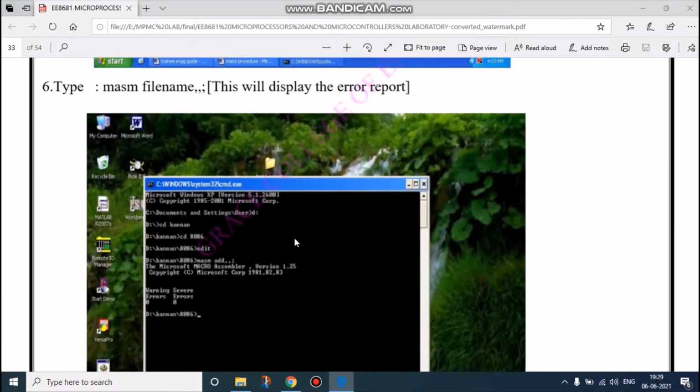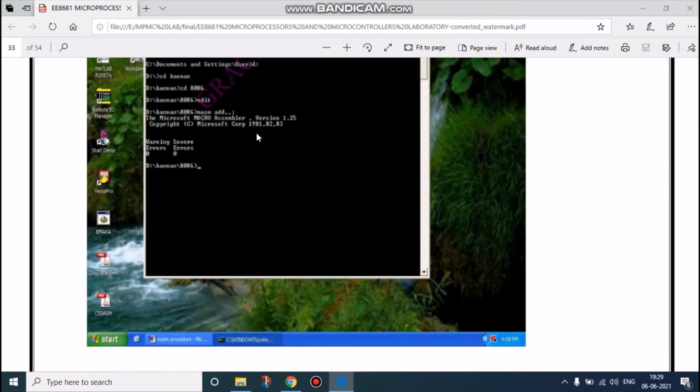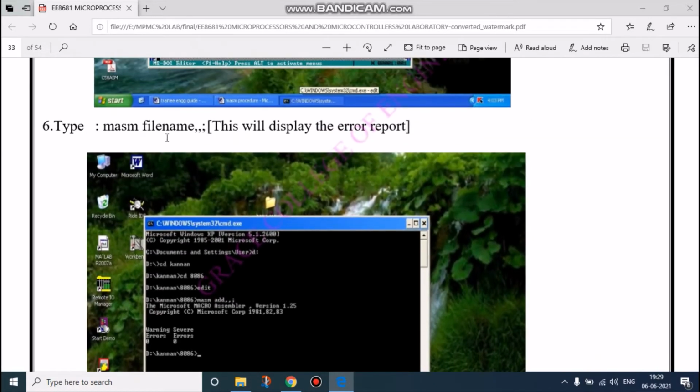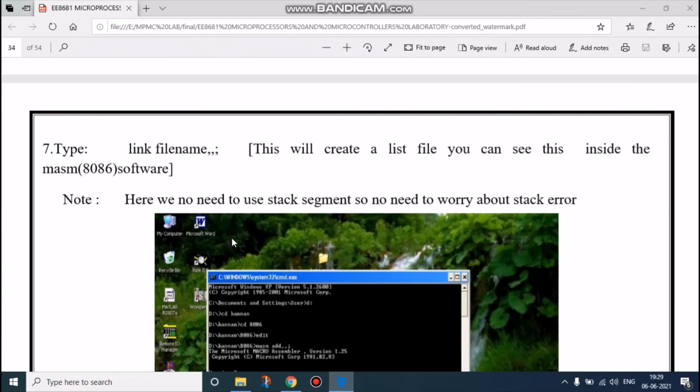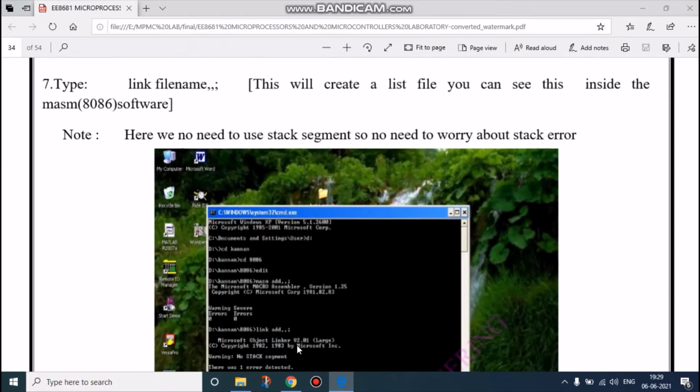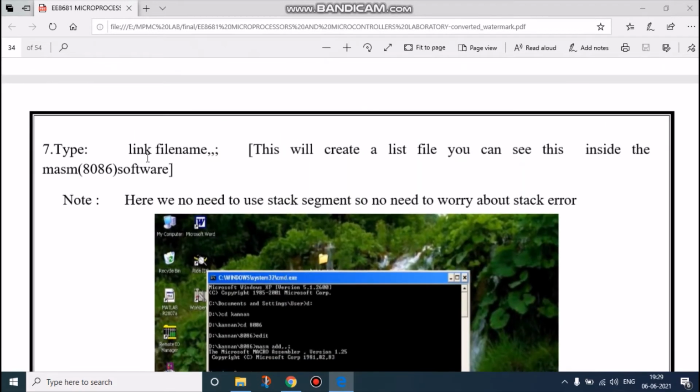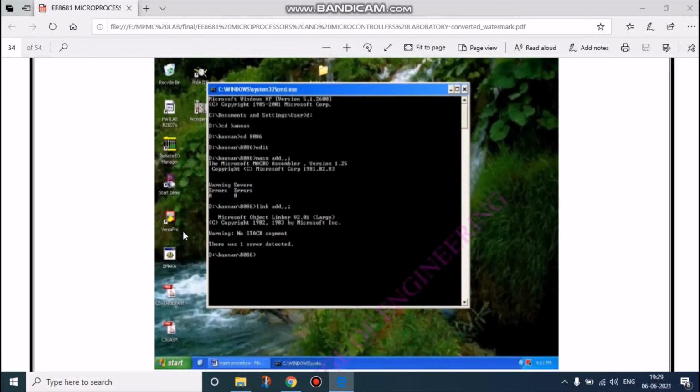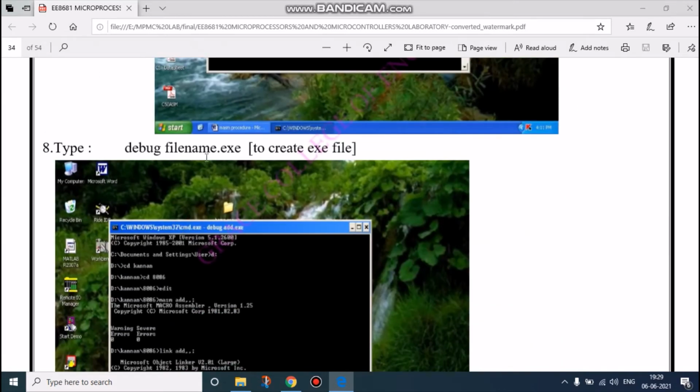After exit we can view the command window, and then we can type MASM and the file name, and after that type link and the file name. If there is any stack error, no need to worry about that. If there is a command error we have to change the command. We debug the program by typing debug and the file name.